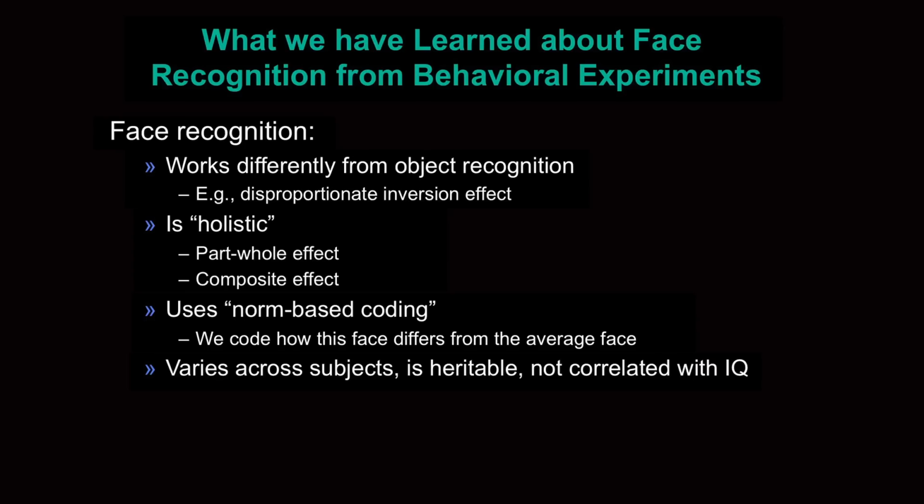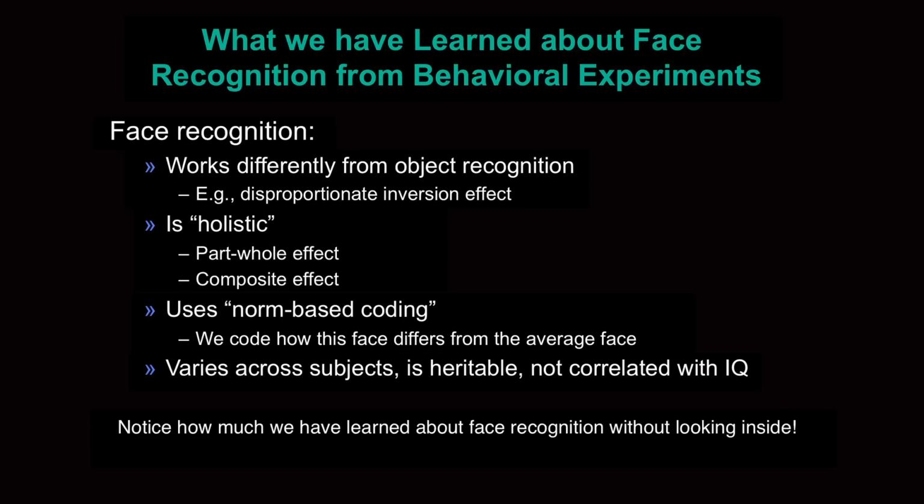Okay, so my main point is, look at all this stuff we've learned about face recognition without looking inside, just by doing low-tech behavioral experiments. These are very rich insights about the nature